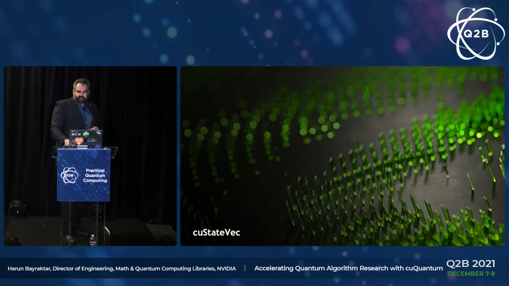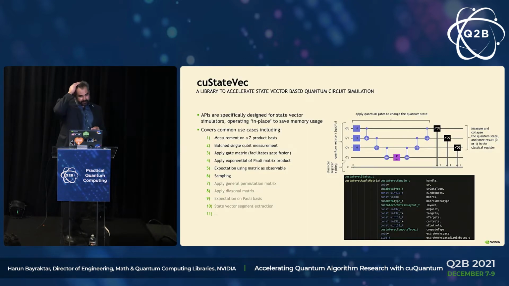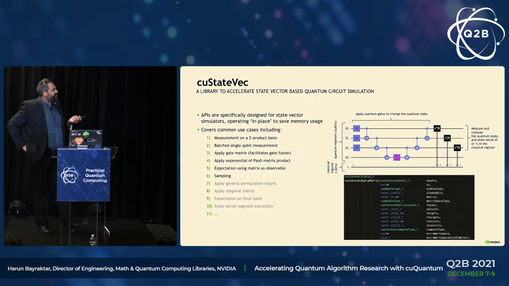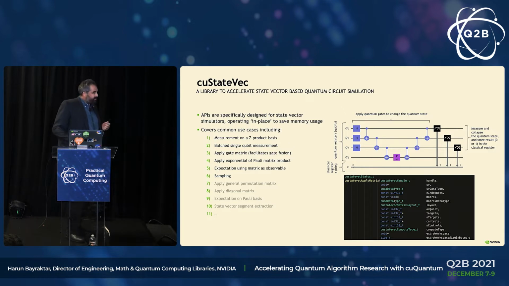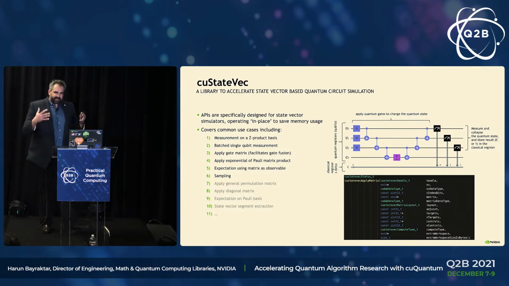So let's start with the state vector simulator. Okay. The state vector simulator, as the library, the goal is to accelerate software stacks that are using the state vector method to simulate a quantum circuit, noisy or not. You'll see this library actually has no notion of whether it's simulating a noisy circuit or not. We try to provide APIs that do the mathematical operations as fast as possible on GPUs, and then we expect the simulator and the framework to take advantage of that to do the research and algorithm development. That's an